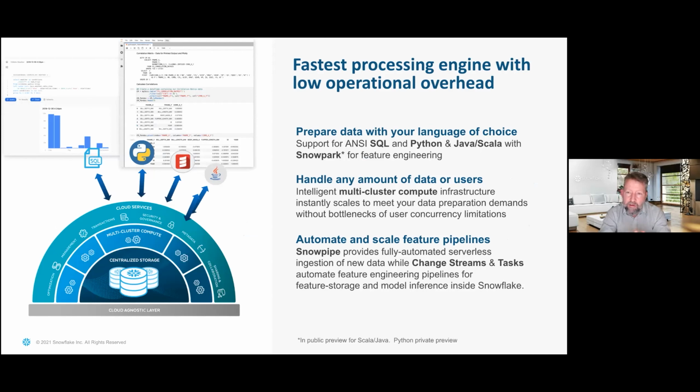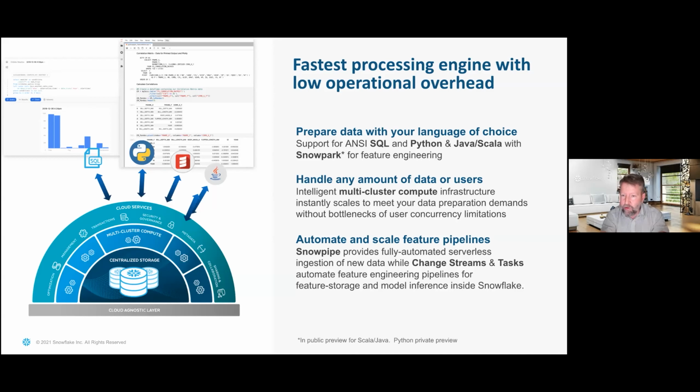So the processing capability of Snowflake originally was based around SQL and fundamentally is a database processing engine. But most recently, we've added additional language support and APIs to access and code and develop against Snowflake, and Snowpark, which I'll talk about in a bit more detail today, is one of those capabilities. So we support not just SQL now, but you can develop functions in Python, in Java, in Scala, or in JavaScript. And then you can use the client-side DataFrame APIs to develop and operate against Snowflake as well.